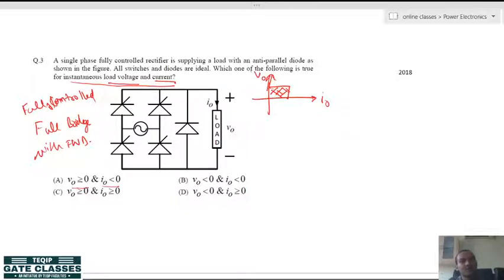It means the output voltage always remains greater than 0 and current anyway does not become negative, because these thyristors can supply only single direction current. So, I naught will also be greater than 0. So, which option is true? Option number C is. See how simple the questions are. Alright, only the method of asking the question has been changed. And this is 2018. So simple, it is a 2 marks question.